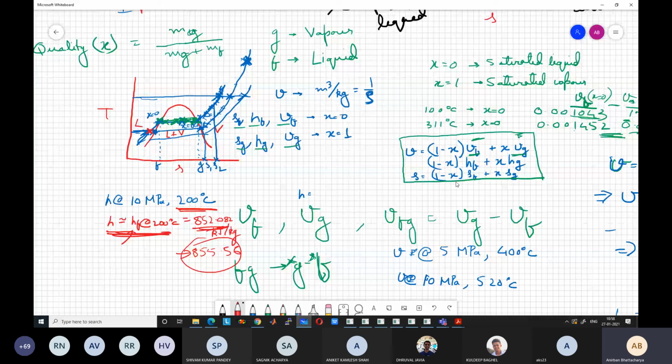Before that, please go through the steam tables, and I will upload this recorded lecture before that class. Go through this recorded lecture again, just to check whether you understand these points. These are not there in the notes. Try to find out a few values at different pressure, temperature and quality, so that you can get a feel of how to look up the steam tables. Use of steam tables is an integral part of this course, so you should be very familiar with them. Try to find some arbitrary values, like what will be the entropy at 5 MPa pressure and 200 degrees centigrade. Try to find out some values like this before the next class.